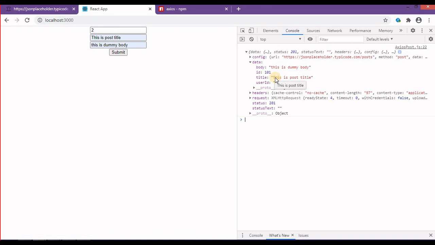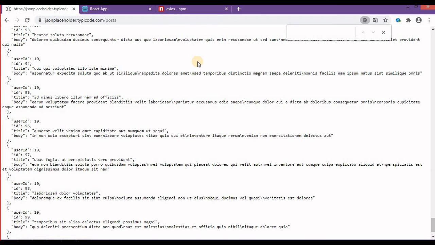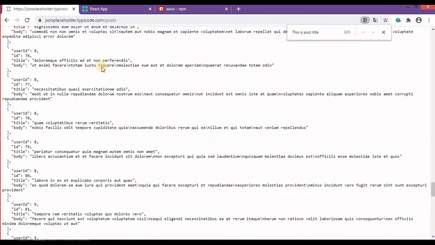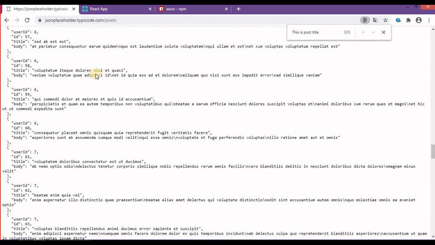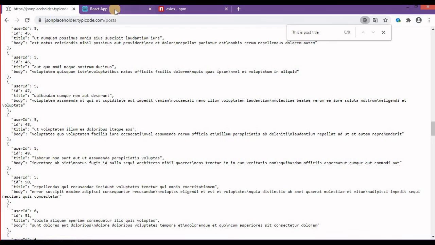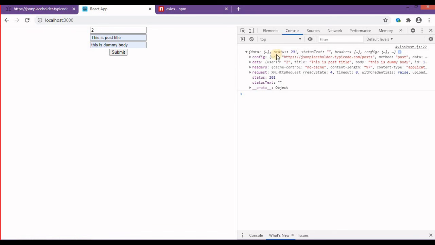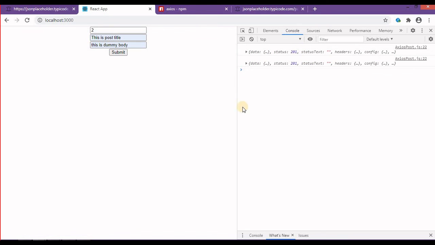Okay, I should search with this title, maybe I can get it over there. Or maybe it's a dummy placeholder, so it is not taking any data from the other inputs, but from the message we can see that the status is success. We can post data like this. There is no catch or error handling over here, but from the status we understand that this post method is being posted successfully.